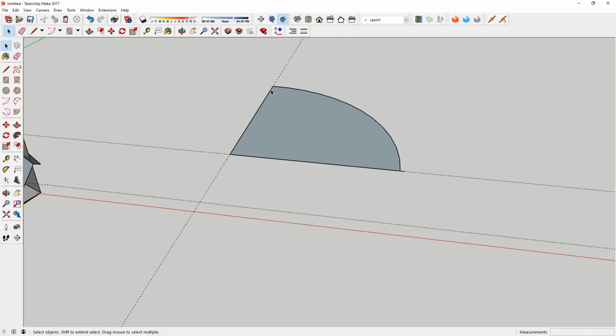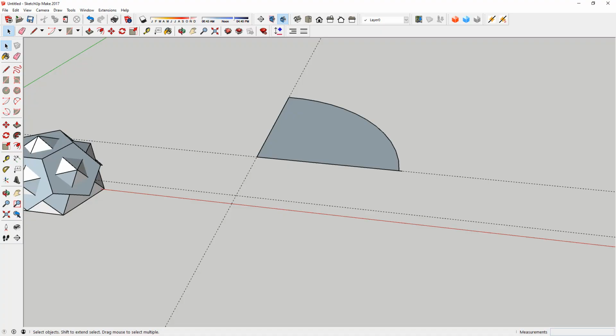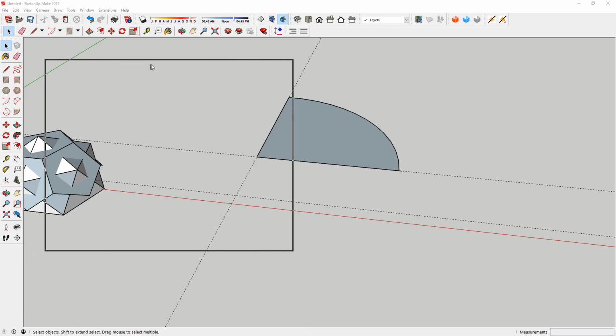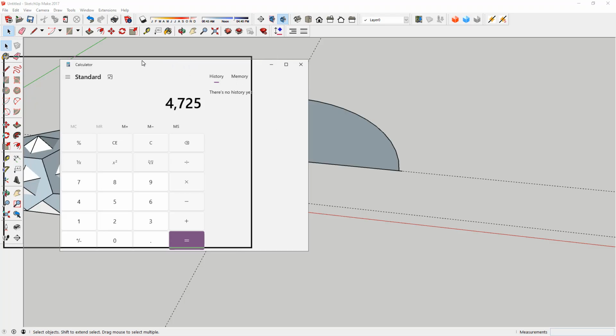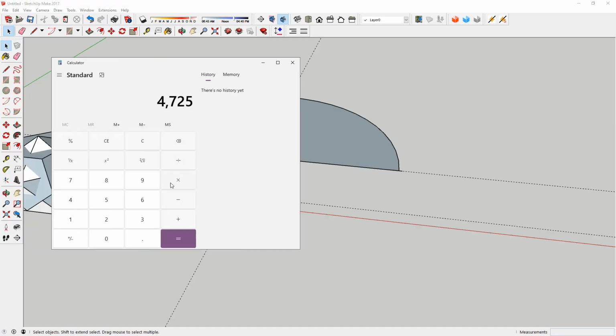So if I went, well, I can't go 5, I can go 4, or I can go 3 meters. 3, 4, 5 would work. But if I know the length of that line, I rotate it round here. I'm going to bring up the calculator on my screen. The measurement is 4725. I know that measurement because it's the one I've got there for that line, and I am going to multiply it by 1.414, and it's